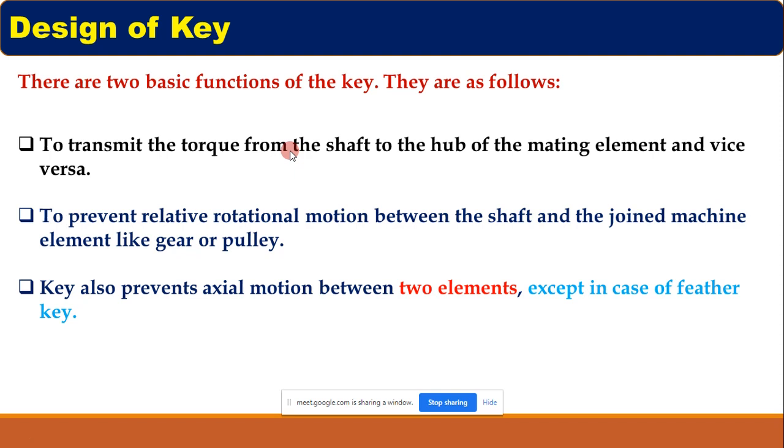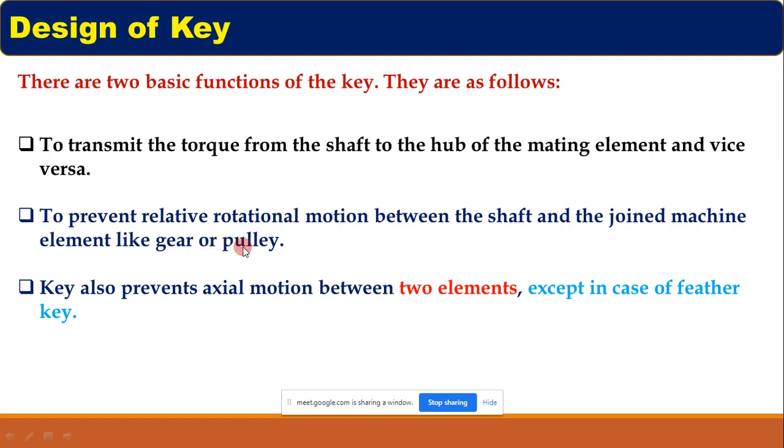If you remember, in the coupling the power is transmitted from the motor to the motor shaft. From the motor shaft the torque is transmitted to the input flange through key. Then from the input flange the torque is transmitted to the output flange, and from the output flange the torque is transmitted to the output shaft through the key. So here it is written that vice versa is possible. The torque may be transmitted from shaft to hub, or from hub to shaft through this key.